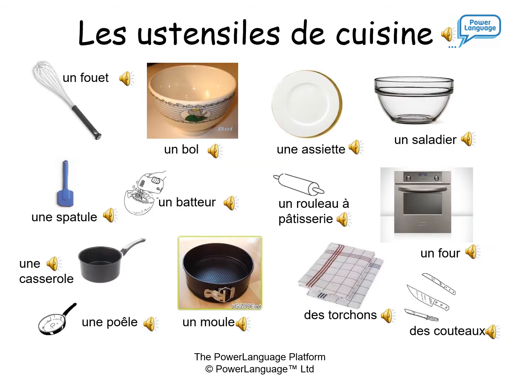Before we start baking the items, we need to get the utensils organised that we're going to require. So here is a slide with pictures of the different items you're going to need, and there's also sound files right beside them and the French words. So what you're going to do is you're going to look at the different pictures, select which one you're going to start with, and press the sound file next to its description. So here is the whisk,